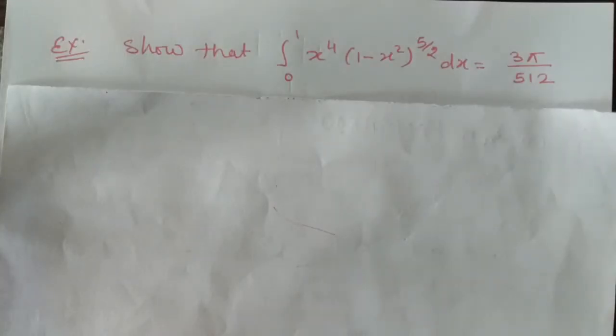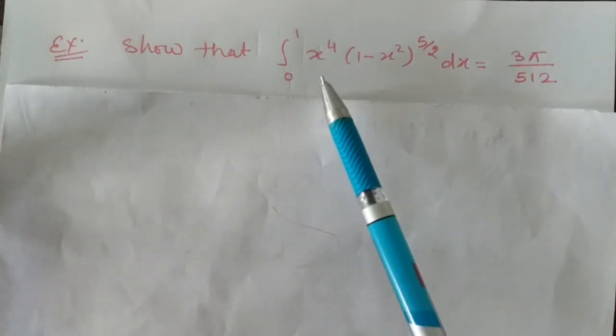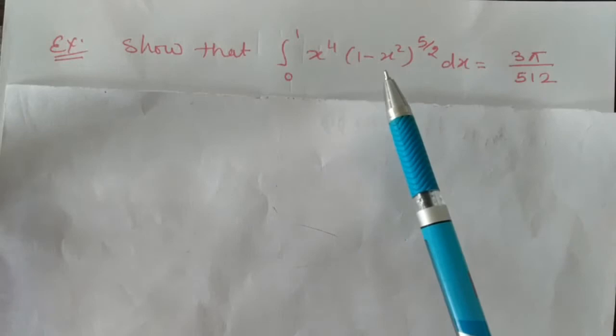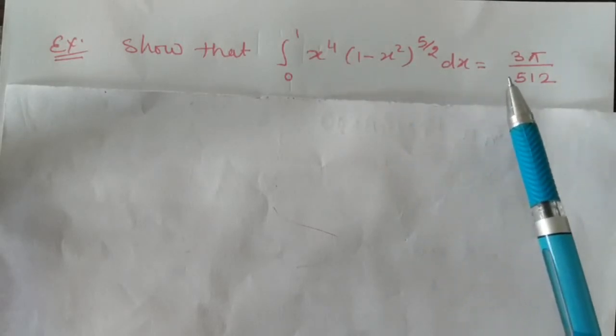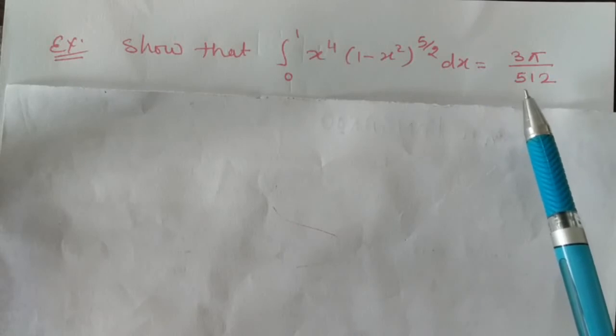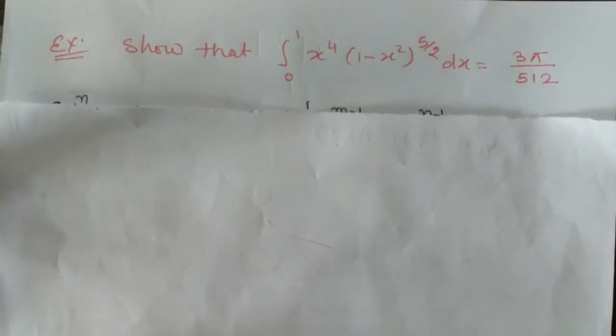Next example is, show that integral 0 to 1 x power 4 into (1 minus x square) whole power 5 by 2 dx is equal to 3 pi by 512. We evaluate this integral using beta function. So by definition of beta function, we know that